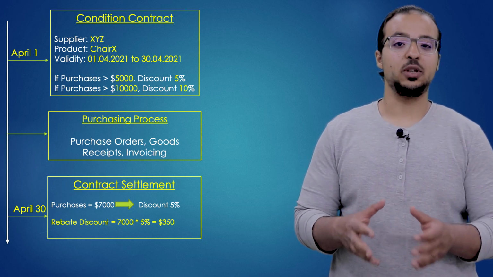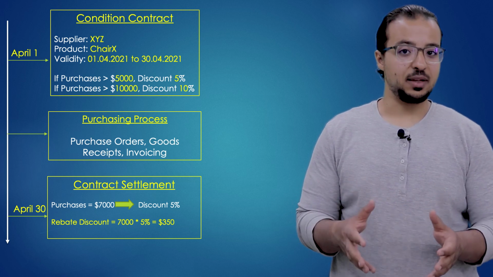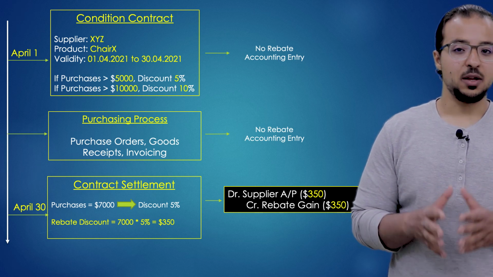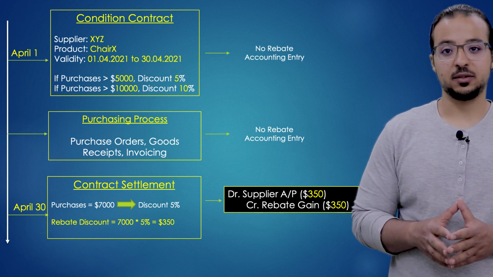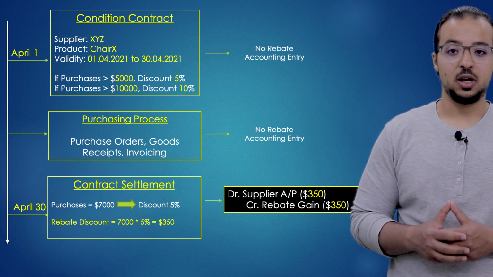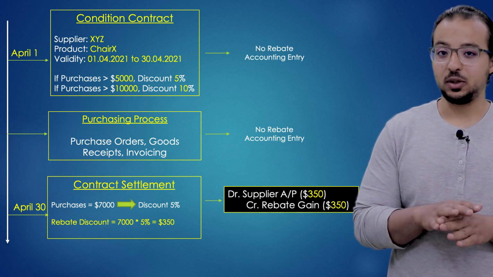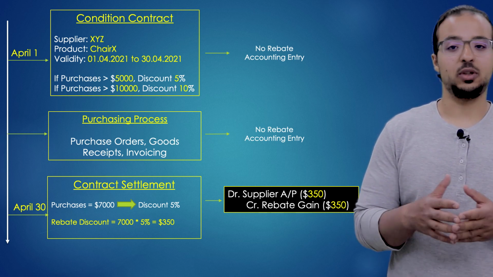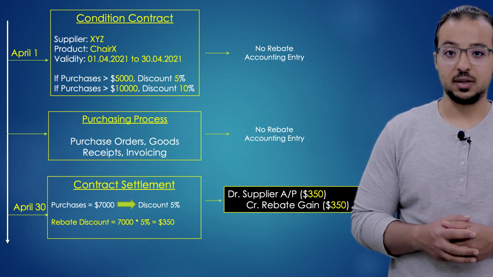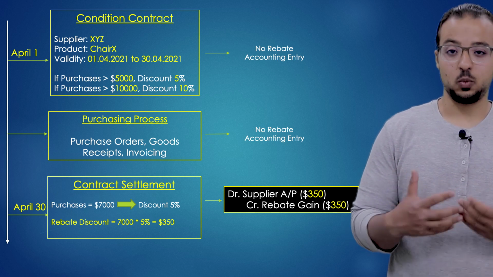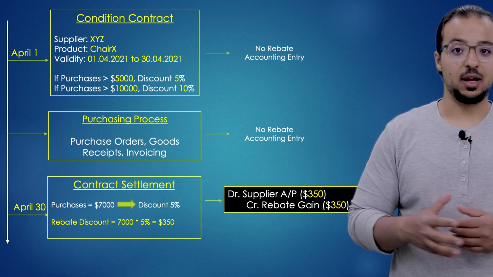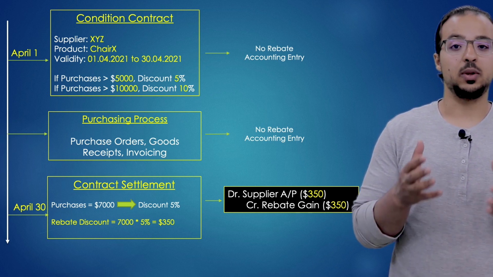Now let's look into the accounting entries in the process. When we create the rebate agreement, there is no accounting entry. And then when we do the purchasing process, there is also no accounting entry related to rebates, because we only get the rebate discount at the end of the contract if we achieve the target. So when we do the purchasing process, we still don't get any rebate discount, so we don't have any financial entries related to rebates. And then at the end of the contract, when we do the rebate settlement, if we achieve the target and we get a discount, here we have our financial entry. So the entry will be a debit to the supplier accounts payable and a credit to the rebates gain account